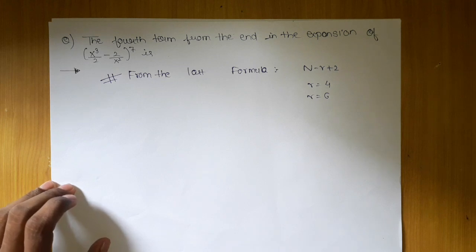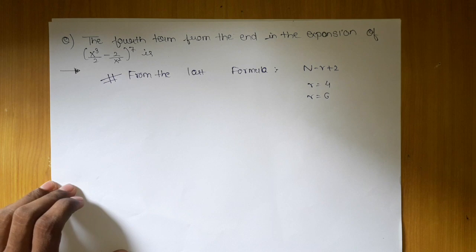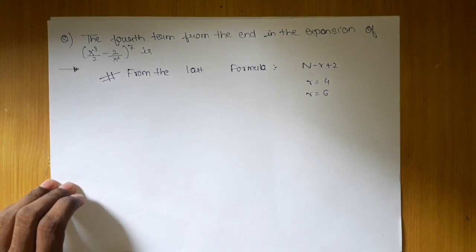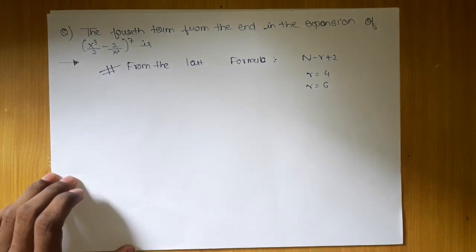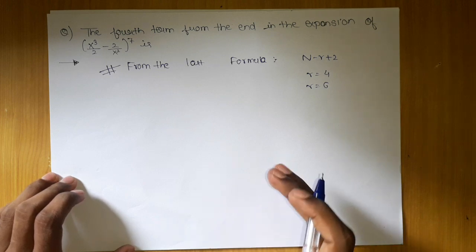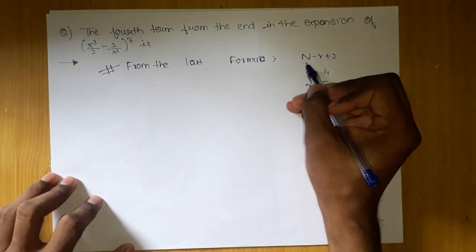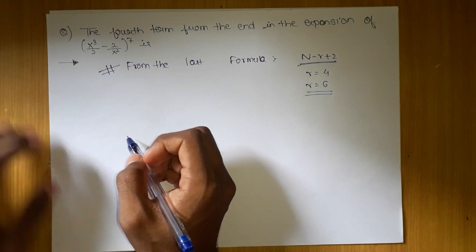Because they will give you a question like, find the fifth term from the last. You cannot directly know what the fifth term from the last is, and it is of no use because you have always used the binomial expansion from the start. So you should know what is the fourth term from the back, and what will be its position if we start from the first. So this is important, you should be able to use this formula very easily.